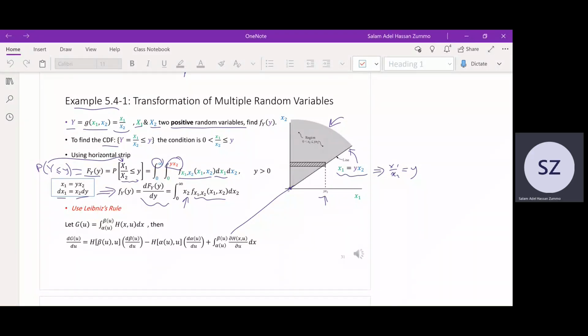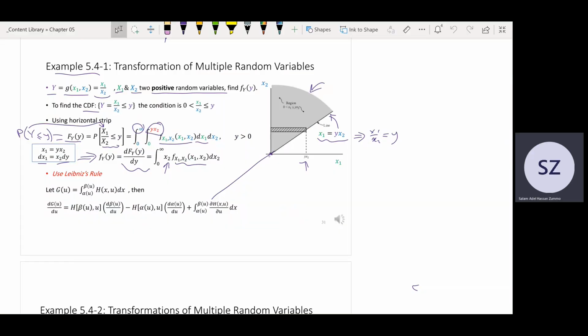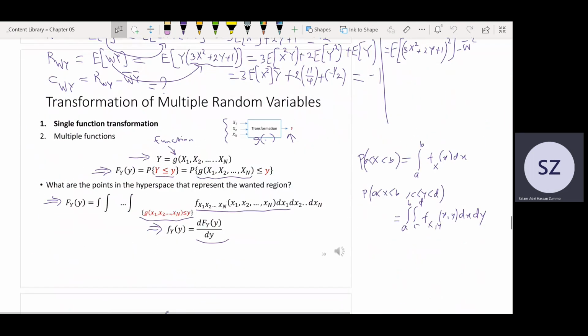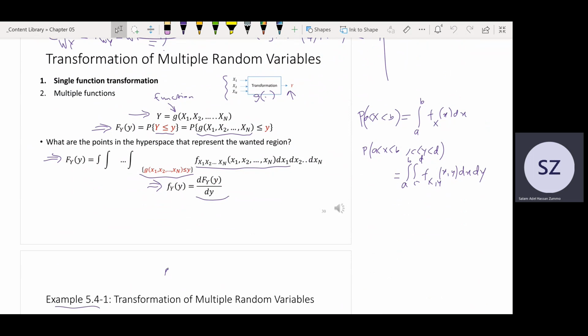So last time we started talking about transformation of multiple random variables. We already finished the transformation of a single random variable in chapter 2. Now we are talking about a function of two random variables. We started this last time, and we gave one example, which is basically